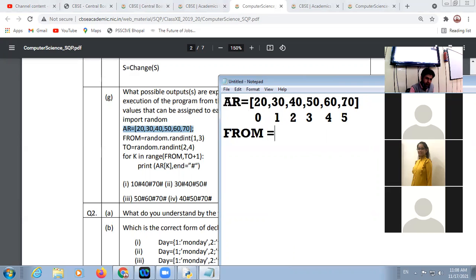It means value from may be 1 or 2 or 3. The value of 2, so it is randint 2 comma 4. It means value may be 2 or 3 or 4. Then they use the loop k for k in range from comma 2 plus 1, means up to 2. So again we are going to create a working note.